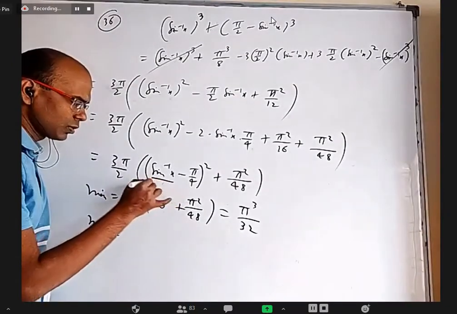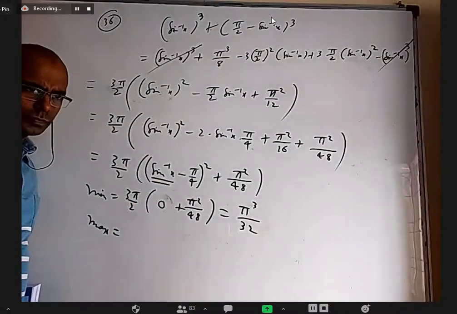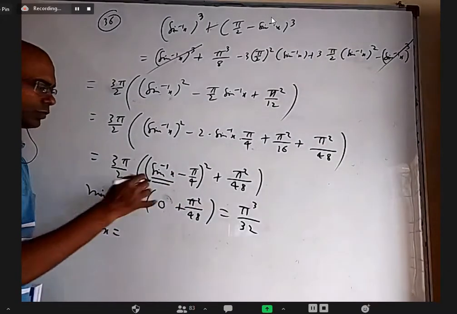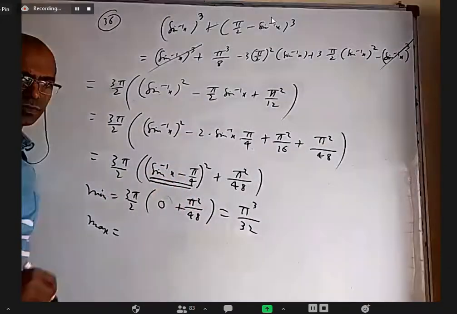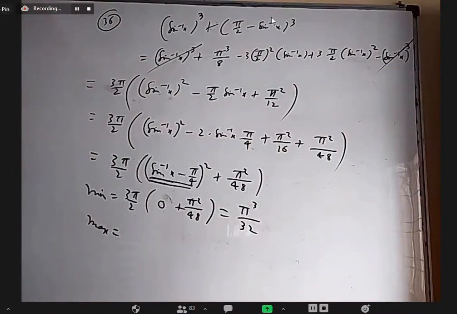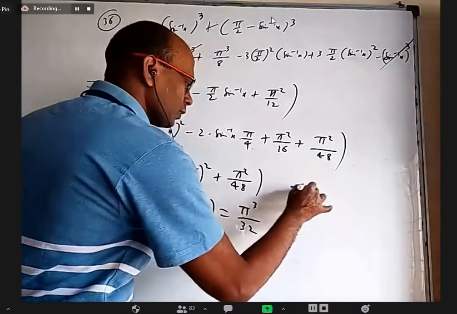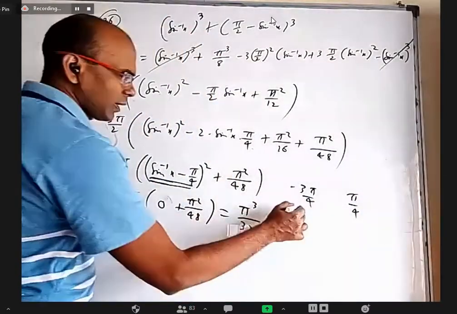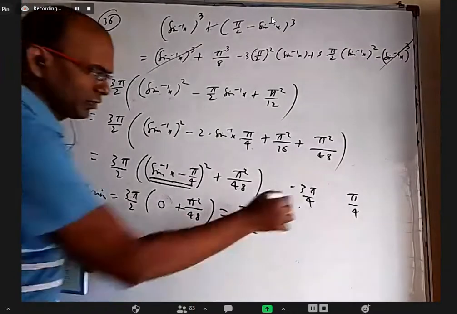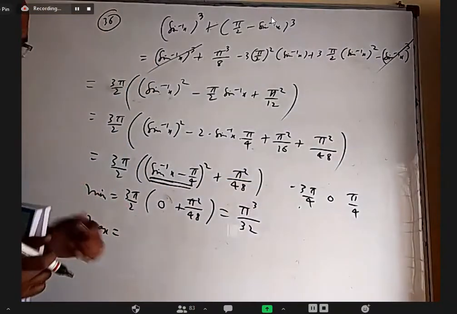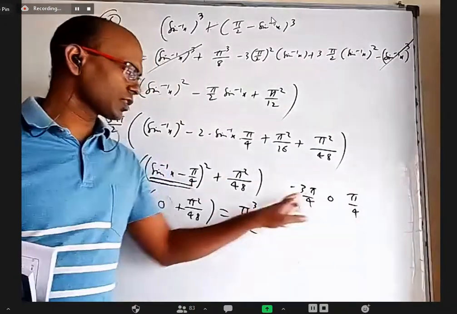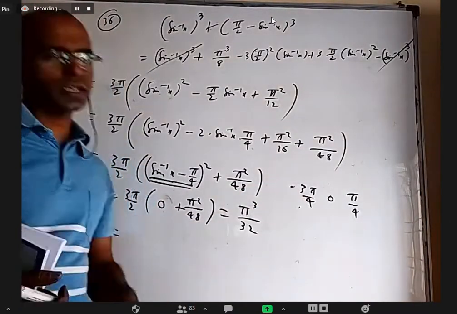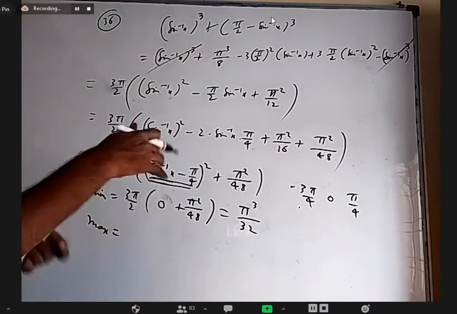Sin inverse x alone will be between what to what? Minus pi by 2 to pi by 2. And when you subtract pi by 4, the total inside without the square will be between what to what? Minus 3 pi by 4 to pi by 4. If I take anything between minus 3 pi by 4 to pi by 4, when you square it, 0 is in between, so 0 square is the minimum. Maximum will come at this corner or this corner? Minus 3 pi by 4. Yeah, the square of that is 9 pi square by 16. So I'm going to write that. Later on I'll give some explanation also.